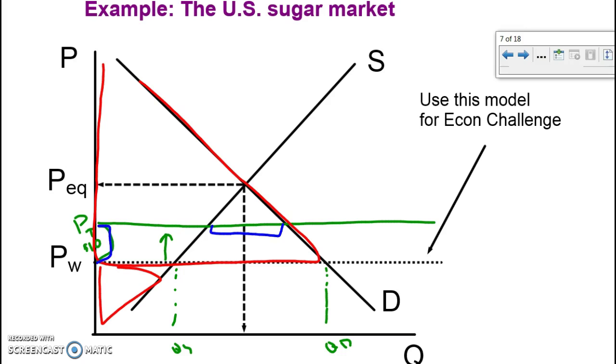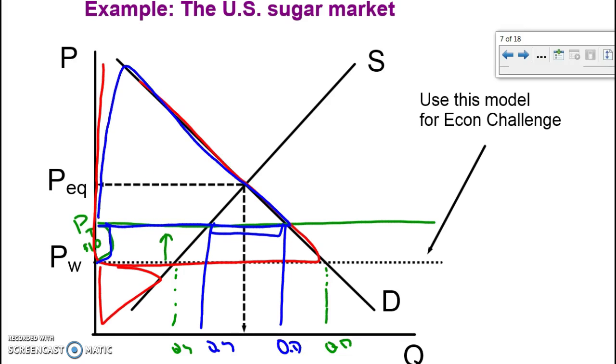So either way, we can say you can only import this much, or we can say you have to charge this much extra. It's going to have the same impact. So now the domestic consumers are buying this much, and the domestic producers are supplying that much. So our consumer surplus will actually shrink. This is the new consumer surplus now. And the producer surplus will grow. So producer surplus becomes this. So when the producers successfully lobby for trade barriers, they increase their own surplus and they reduce the consumer